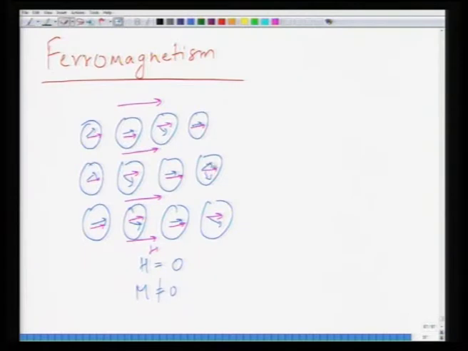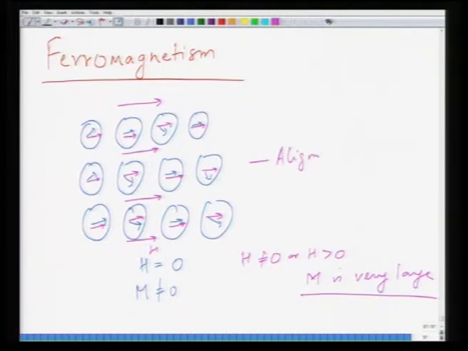I think two moments have been drawn here, so that should be corrected. So, the picture now is, when H is not equal to 0, or H is greater than 0, then M is very large as well, because all the moments align themselves in the direction of the applied field. So, this state, this color, says alignment of atomic